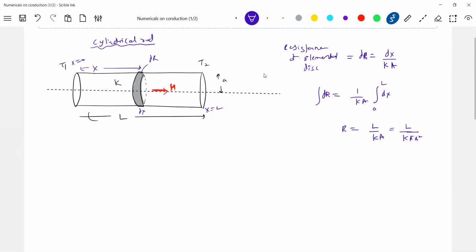Okay, that was the cylindrical rod. Next we'll take it, if it is a tapered rod,